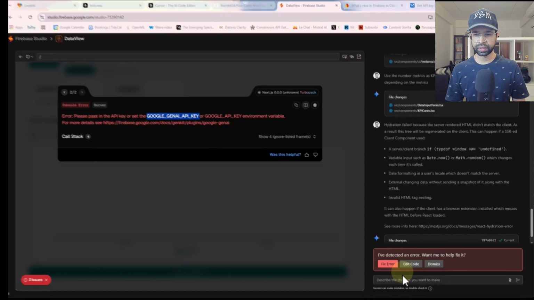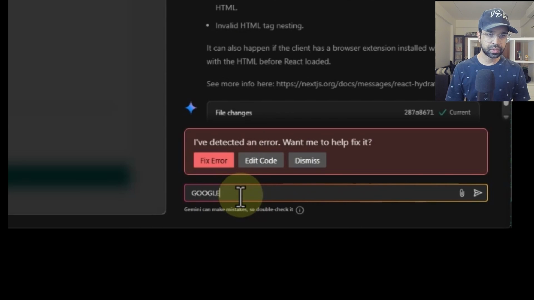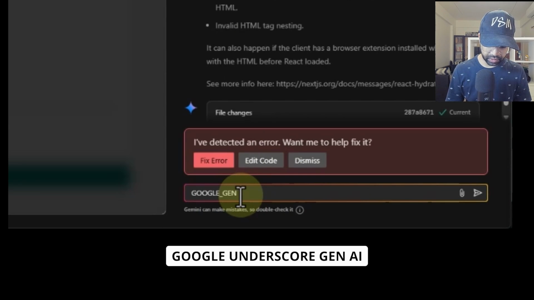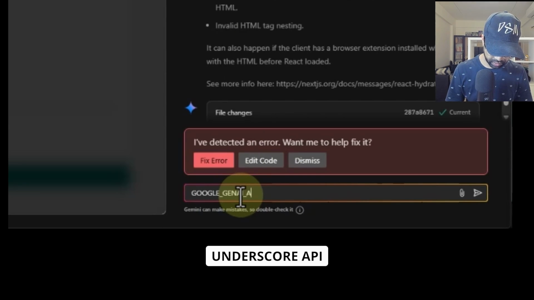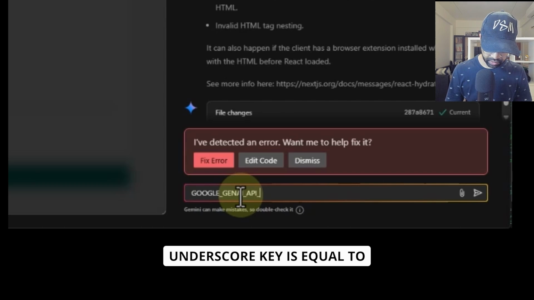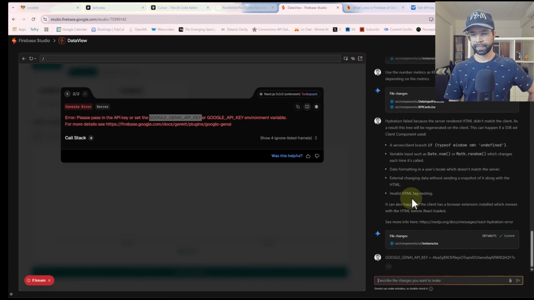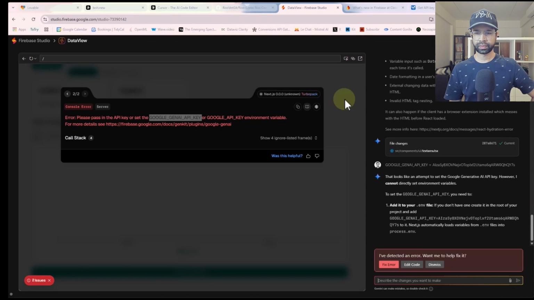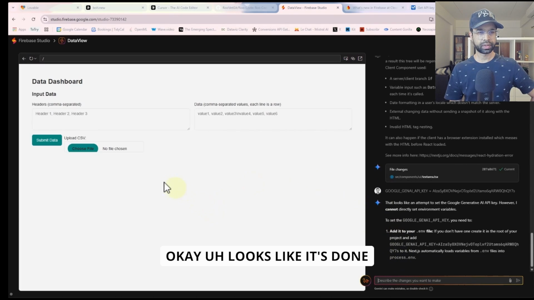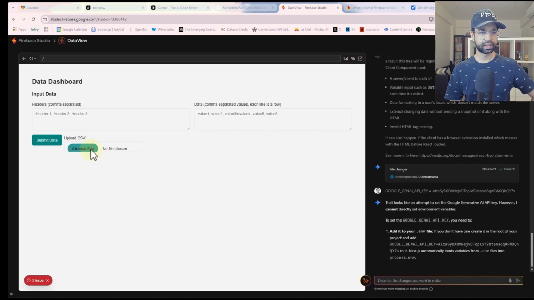And GOOGLE_GENAI_API_KEY is equal to this. Okay, looks like it's done.